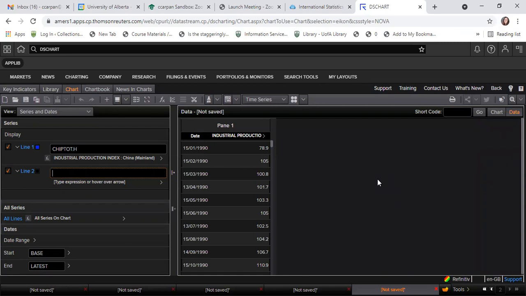I think if this were just directly downloadable into Excel, we would have some sort of an icon that would indicate Excel along here. So I don't think that that's doable. So I think what you're going to have to do is cut and paste the data and copy it into an Excel chart. So that's an example of how you would find key indicators